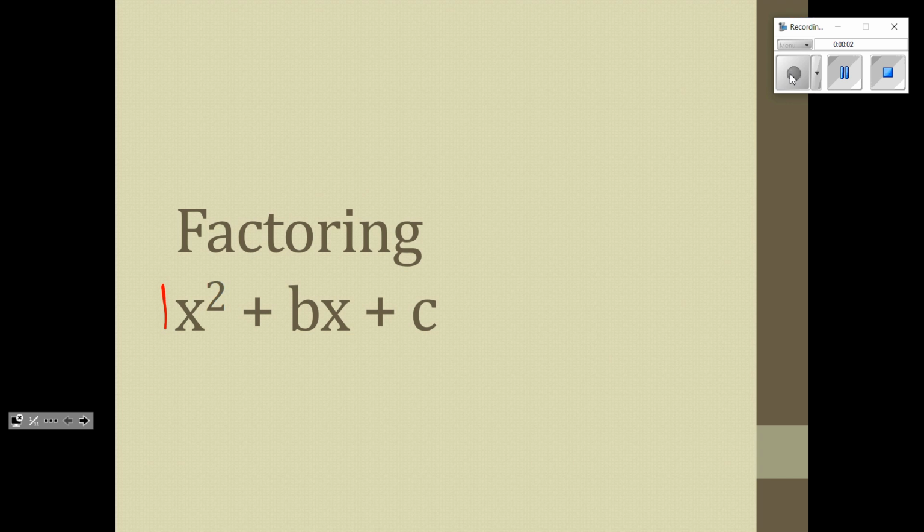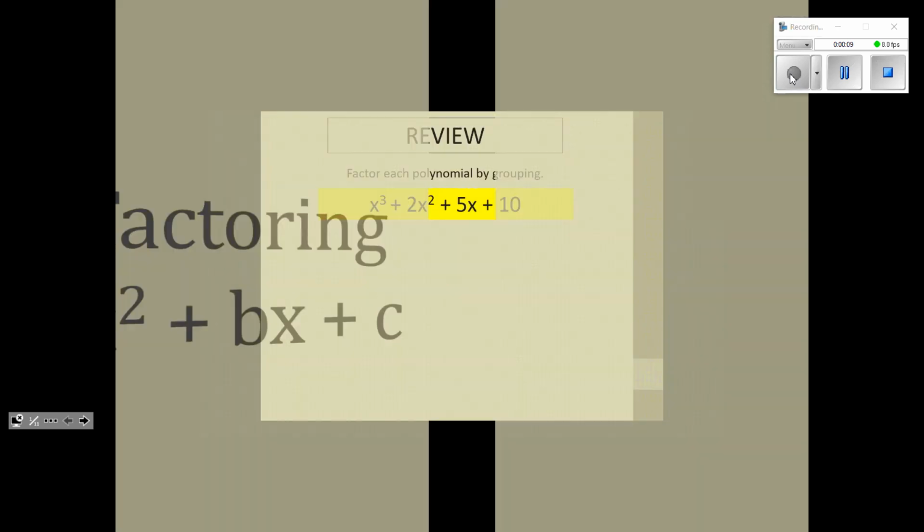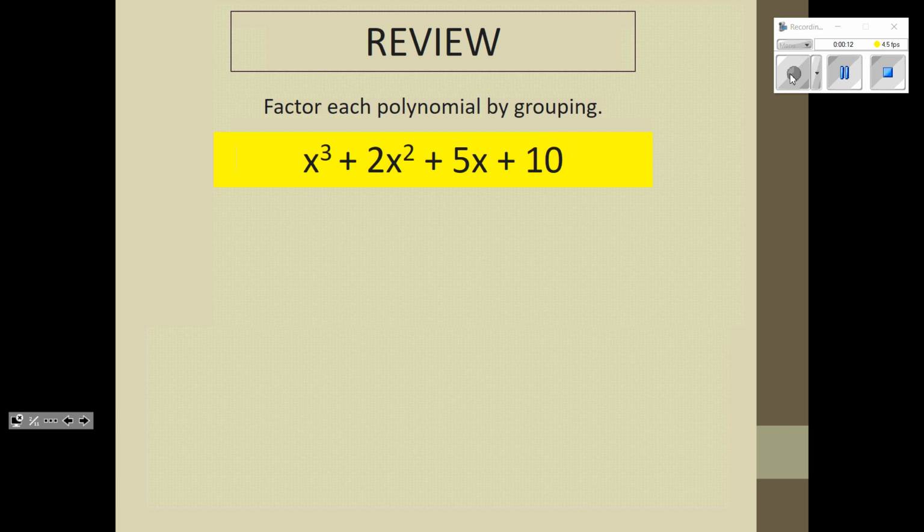In this lesson, we're going to be looking at factoring with three terms where the leading coefficient is a 1. Yesterday, we factored with 4 terms, so let's do a little review. When you have 4 terms, the first thing you do is look for a greatest common factor for all 4 terms. There doesn't happen to be one in this example, so now we're going to break it into 2